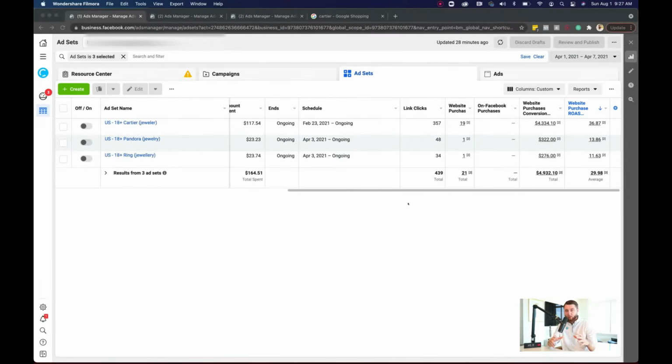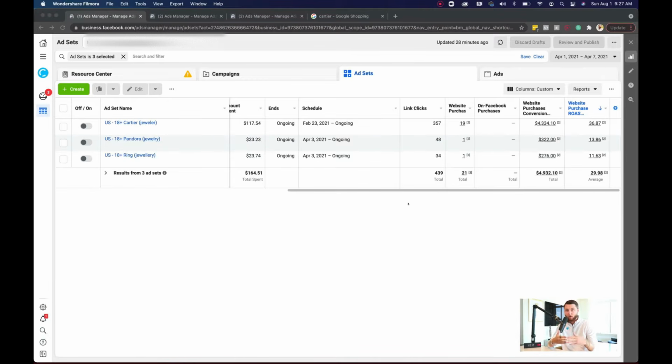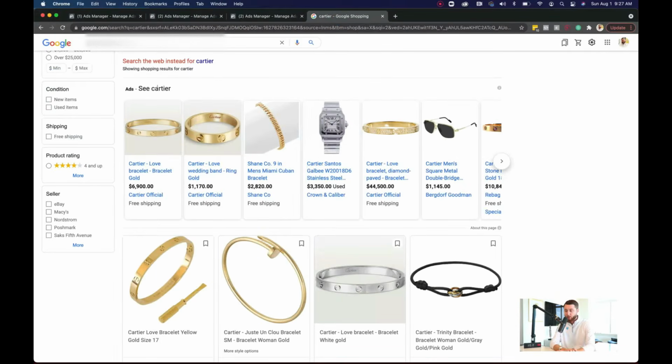Alright, so the first thing we're going to be covering is interest, and some of these audiences we're going to be looking at are more luxury audiences, where if you're selling a product that's over $50, $100, or even $1,000, these types of audiences could work. But what you're doing here is essentially looking for audience types where people actually might have the money to make the purchase, or even if they're interested in these types of audiences, it means that they're more inclined to buy. So for example, Cartier, which is an audience where if we go and search this on Google, we can